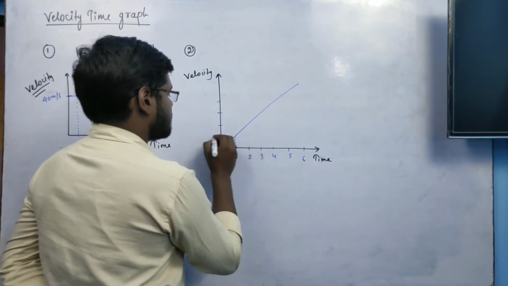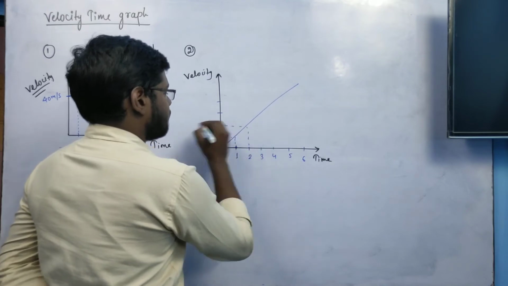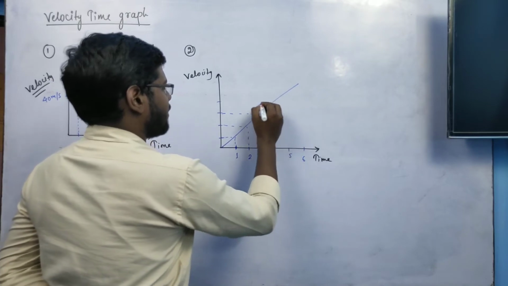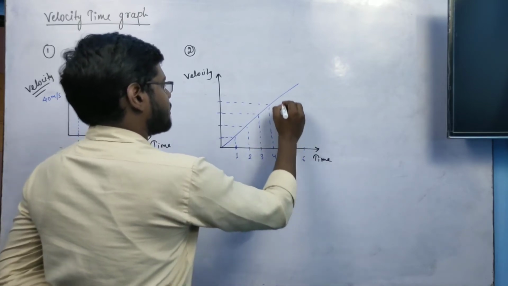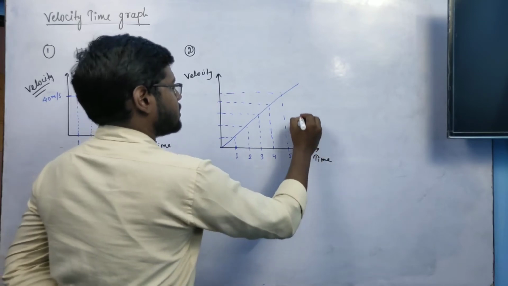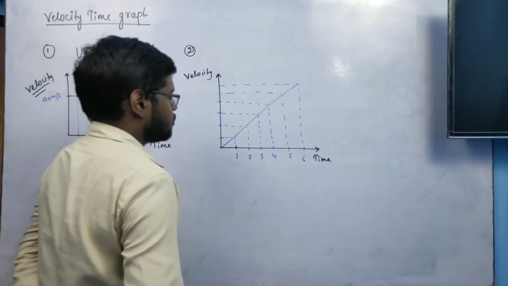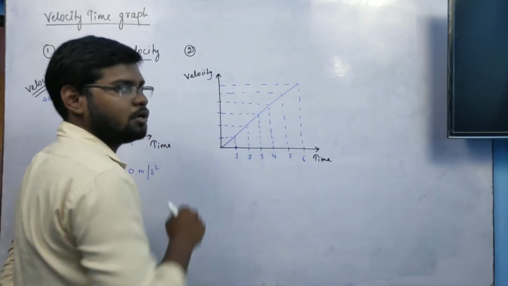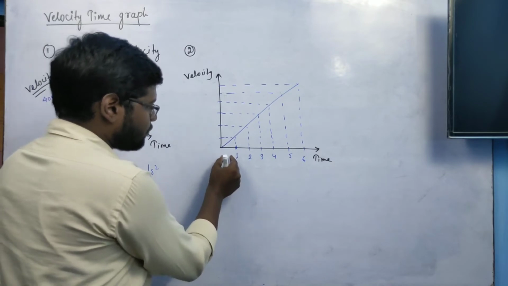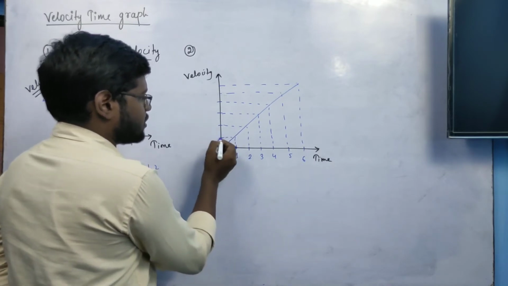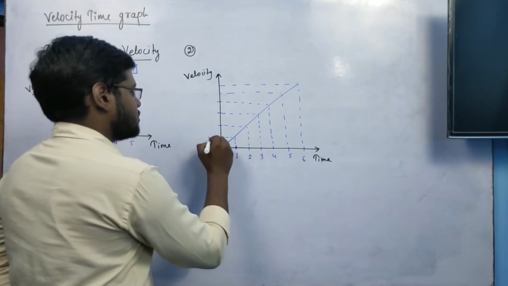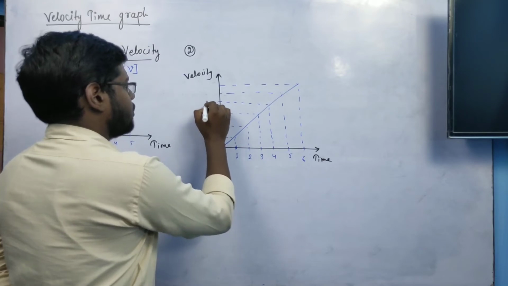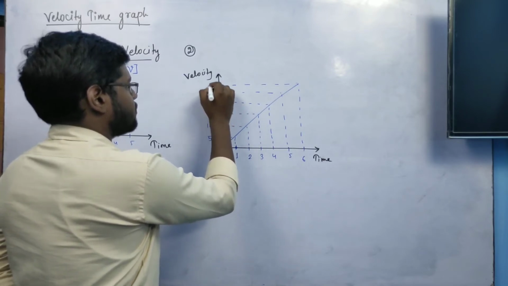like this. In 1 second we have some velocity, in 2 seconds we have some velocity, in 3 seconds we have another velocity, in 4 seconds another value of velocity, in 5 seconds another value, in 6 seconds another value. So what we get is that when the time keeps on increasing, the velocity is also increasing. Suppose we are just taking some values here: 5 meter per second, 10, 15, 20, 25, 30 meter per